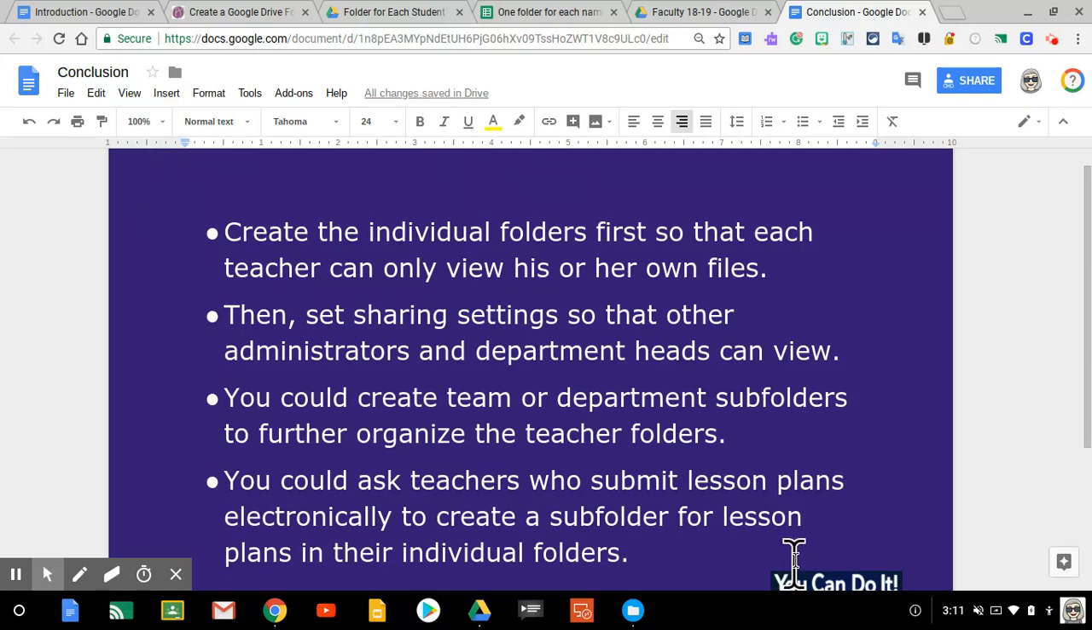And then you could ask teachers who submit lesson plans electronically to create a subfolder for lesson plans in their individual folders. So again, that's for teachers who choose to do that. This is a good way to organize it. You could ask them to make a folder inside this folder you have created and save all of their lesson plans there. You could use it for other